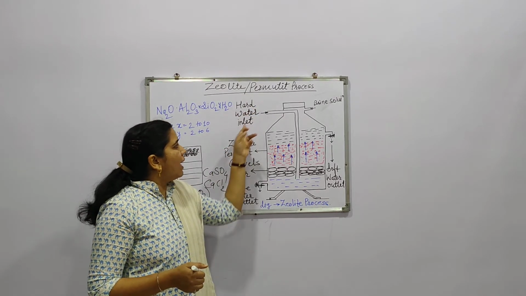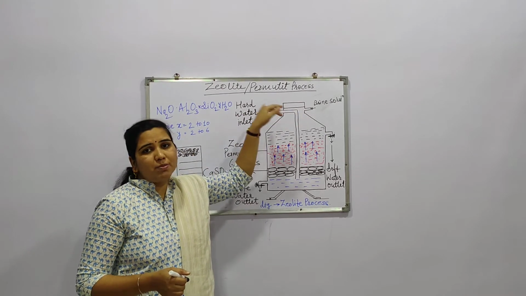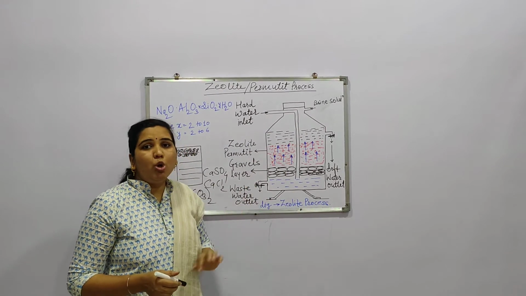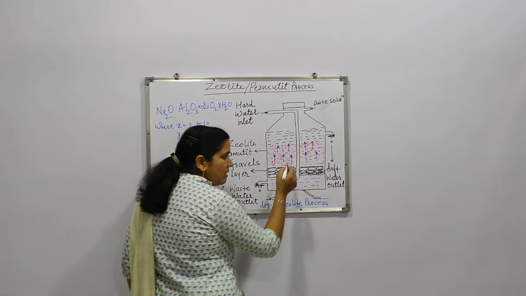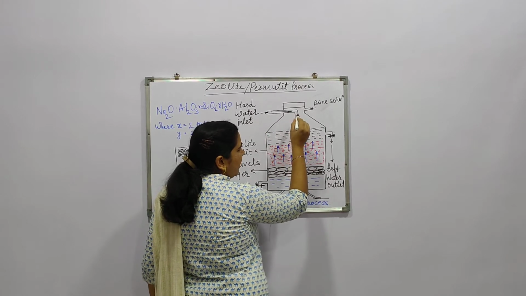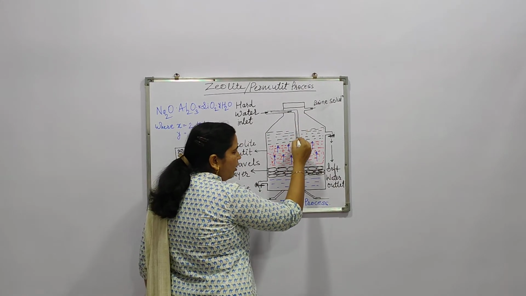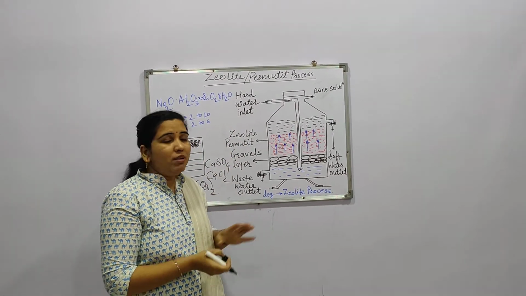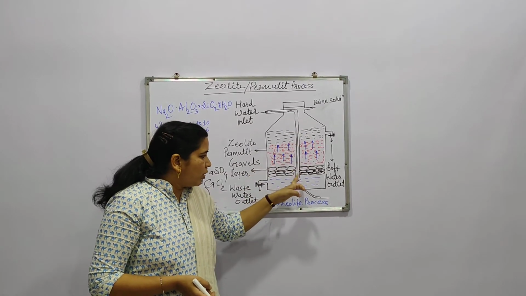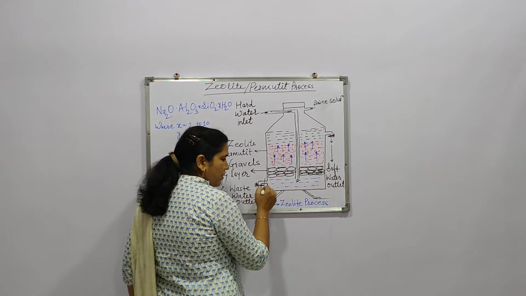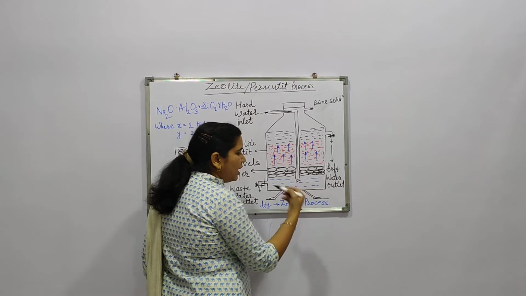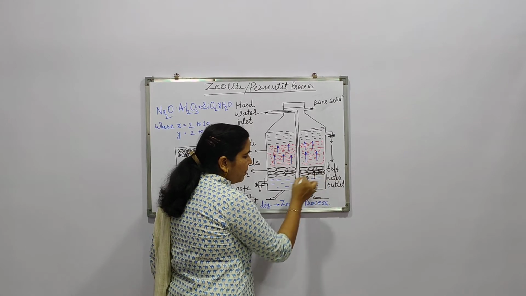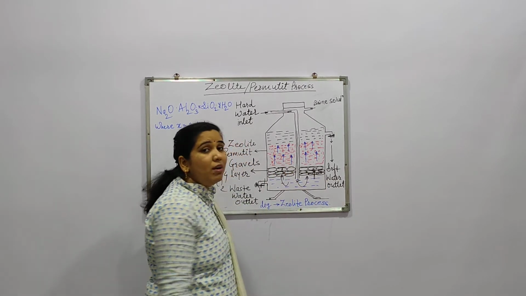First of all, this hard water is inserted from this inlet which is present at the topmost position. Then it moves toward the lower side. Once it enters this tank, it will move toward the lower side as there is a continuous supply of water. Here there is a tap at the bottom. If this tap is totally off, what will happen? If water is continuously entering this tank, that water will obviously move toward the upper side like this.